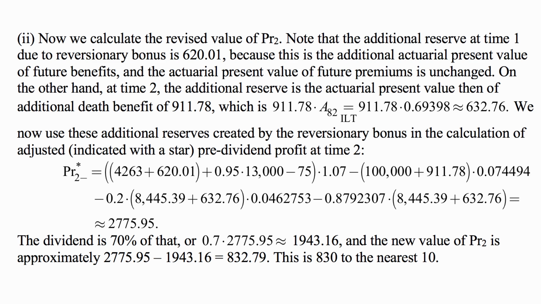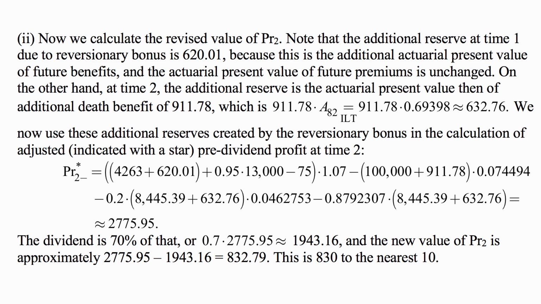On the other hand, at time 2, the additional reserve is the actuarial present value then of the additional death benefit of 911.78, which is 911.78 times A82 looked up in the illustrative life table, which is 0.69398, and this comes out to be 632.76. We now use these additional reserves created by the reversionary bonus in the calculation of the adjusted,